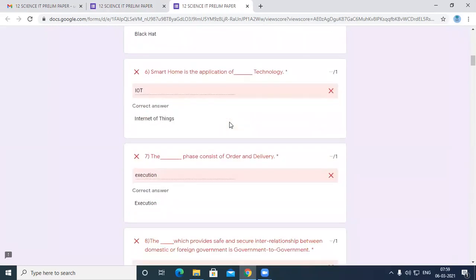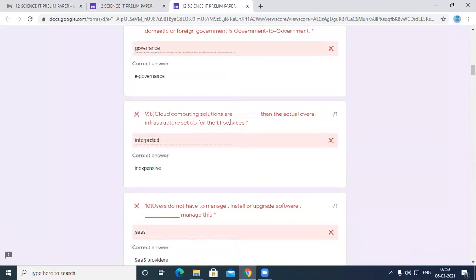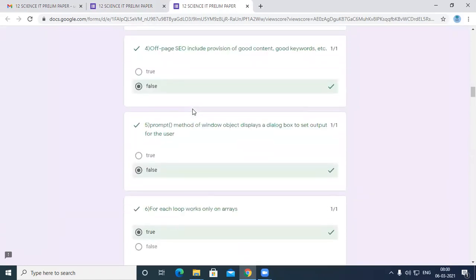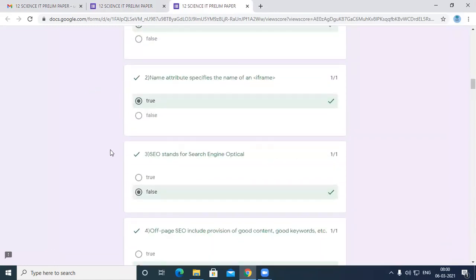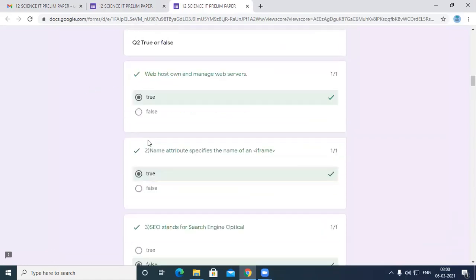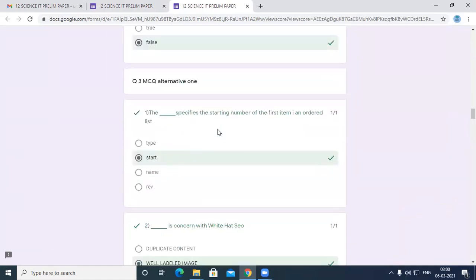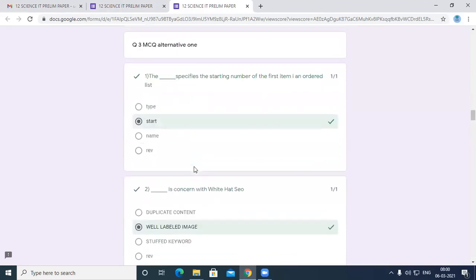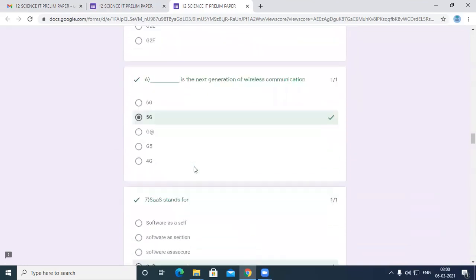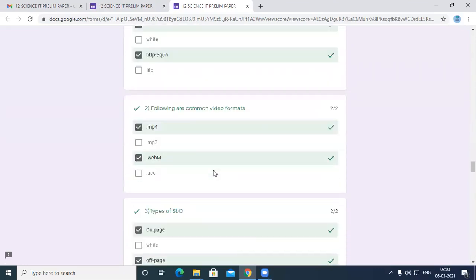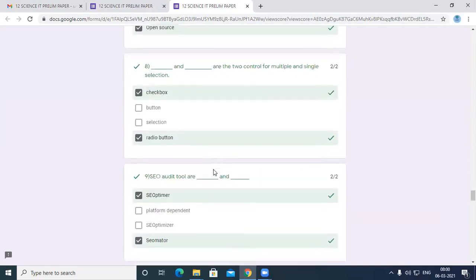Now if you go below, you will be getting all the true or false. These true or false MCQs will be considered by the computer. Then the alternative ones will be considered by the computer itself.